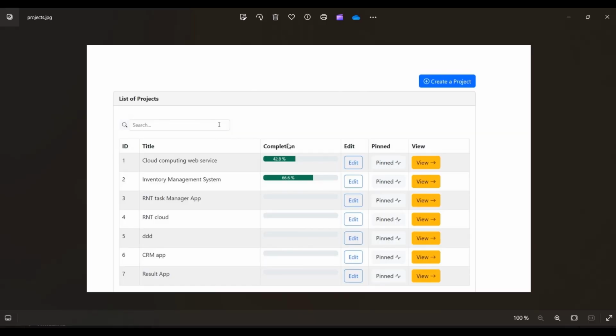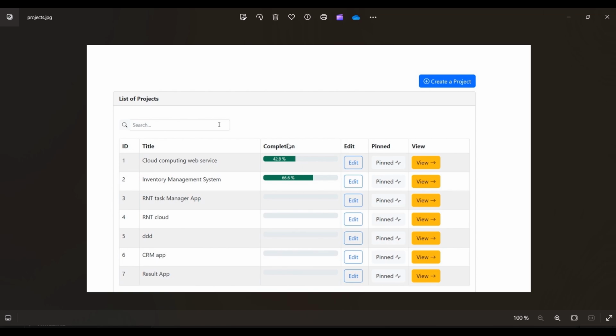If we take a look at the project page, you're going to notice that we've got some different endpoints that we're going to interact with, like create a project, get a list of created projects, edit a project, pin a project on the dashboard in order to see its analytics, and even see details of single projects. We're going to get started with the get endpoint that is going to allow us to display a list of created